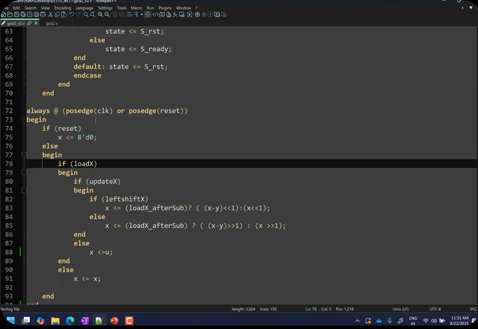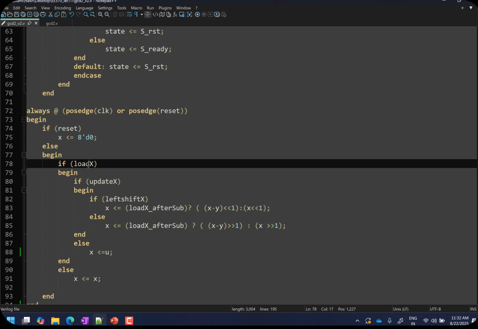Update y doesn't affect our x variable, right? The x register is affected by load x, update x, left shift x, and load x after subtraction, right? So I have simply written an else if condition using all of these select signals.